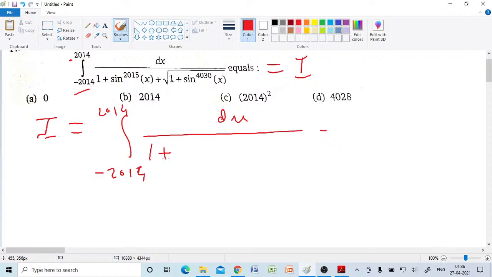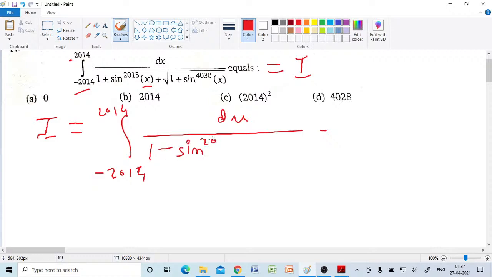So we'll have sine of minus x, and sine of minus x is minus sine of x, and since we have an odd power over there, this is minus